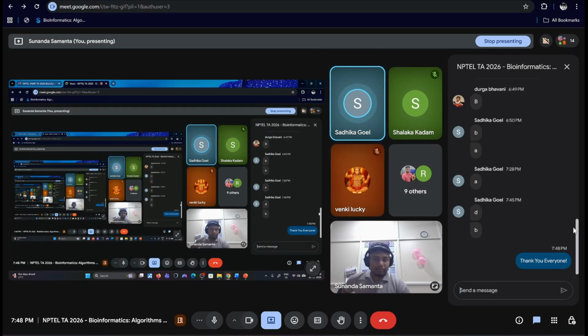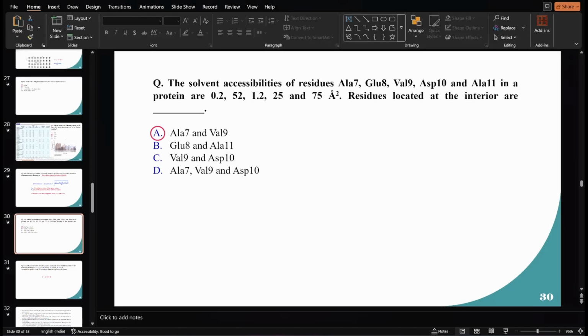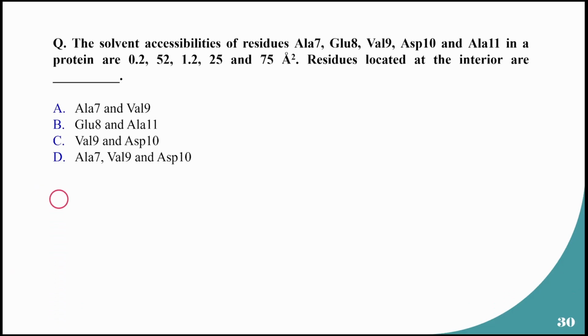Before wrapping up, can you explain the previous question? Which one? Just this one. Okay. So in this particular case, it is asking about the solvent accessibility. Solvent accessibility means whether a certain residue is more exposed to the surrounding water or whether it is not exposed to the surrounding water. If it is more exposed to the surrounding water or solvent,